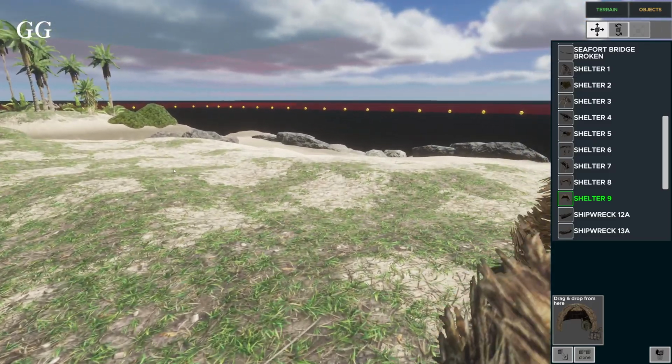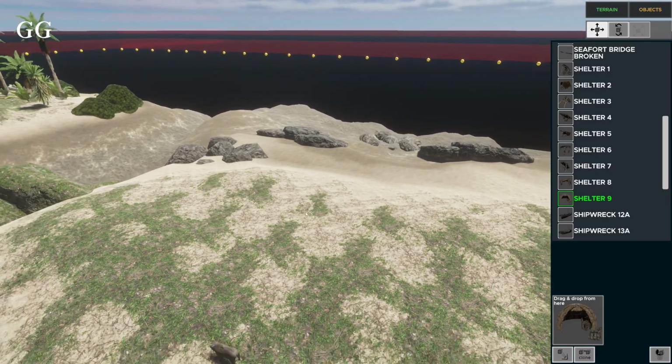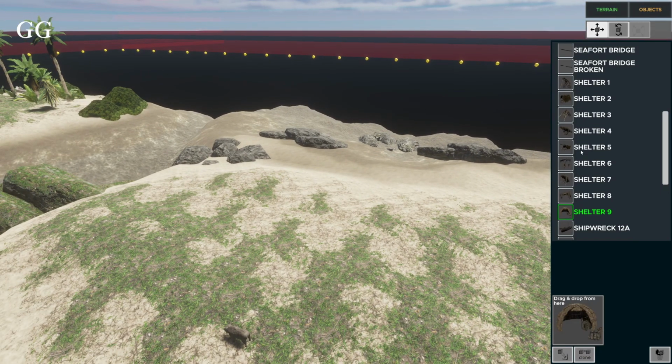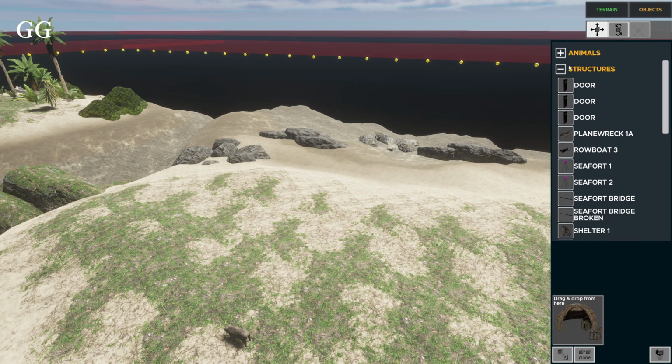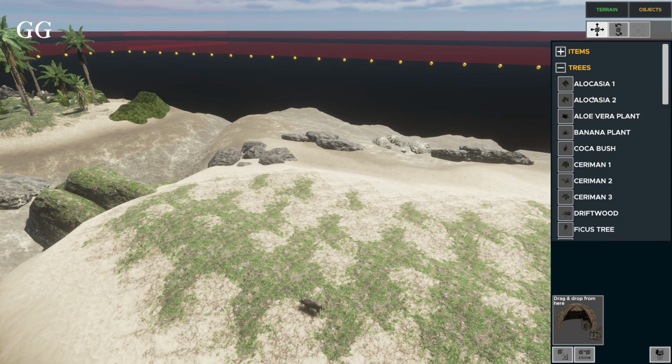It's not super flat here, but guess what? Nothing's going to be perfect in this world, right? So it can't be perfect. So let's go ahead and close this guy up. And let's add some trees here. We want to add...